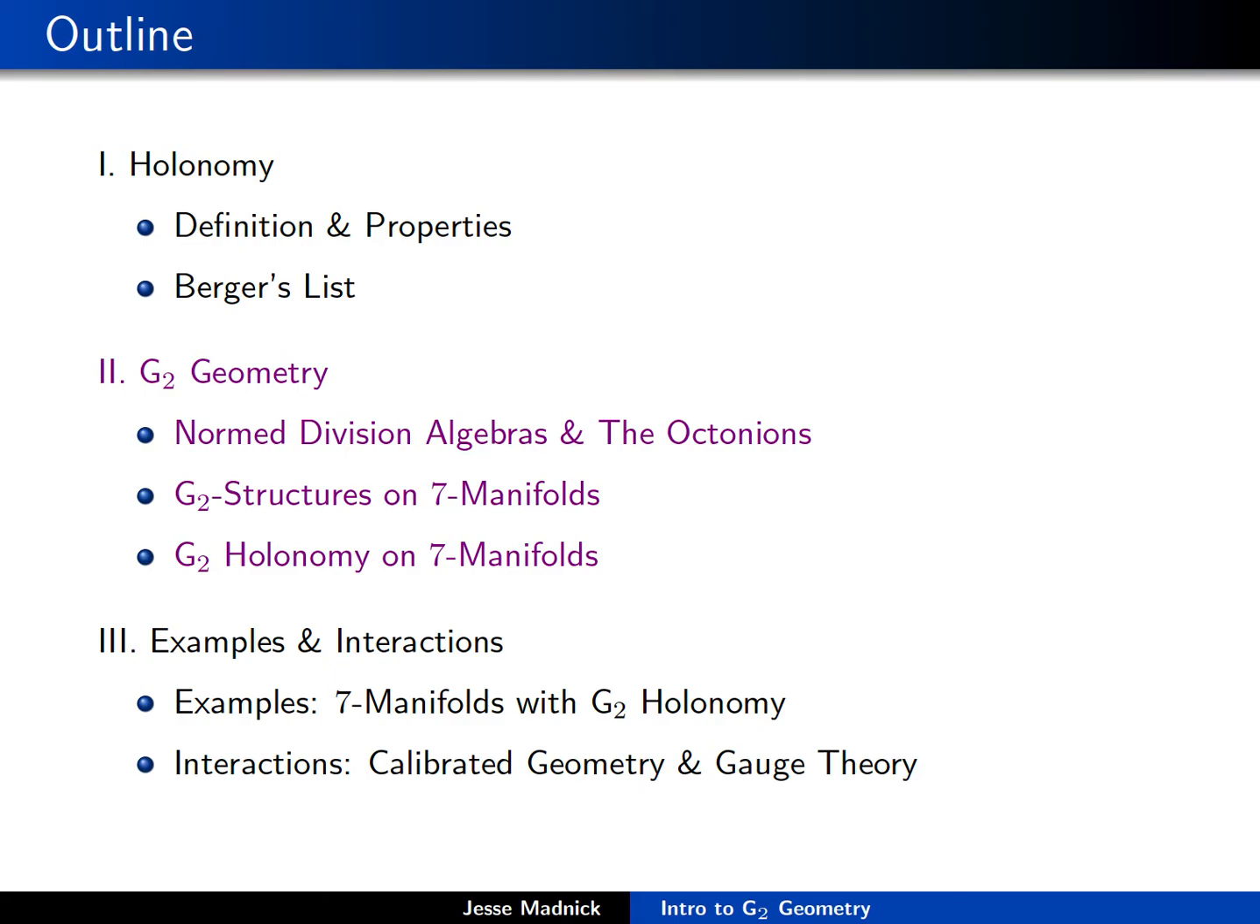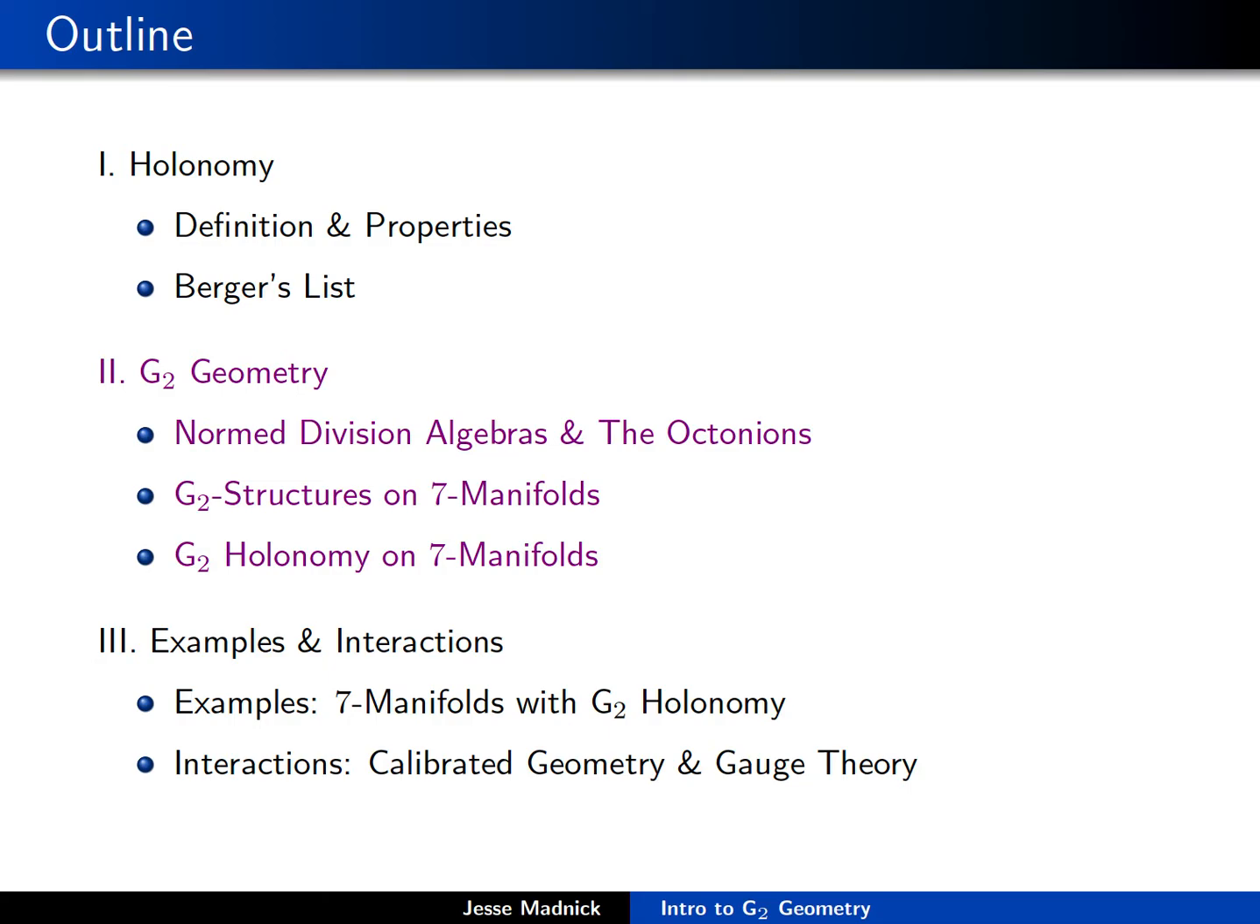So let's begin the second part of the talk, which is about G2 geometry. G2 geometry is the study of G2 structures on 7 manifolds. And we're going to be interested specifically in how G2 structures on 7 manifolds relate to G2 holonomy metrics on 7 manifolds. But before we can do any of that, we're going to need to introduce some linear algebra,